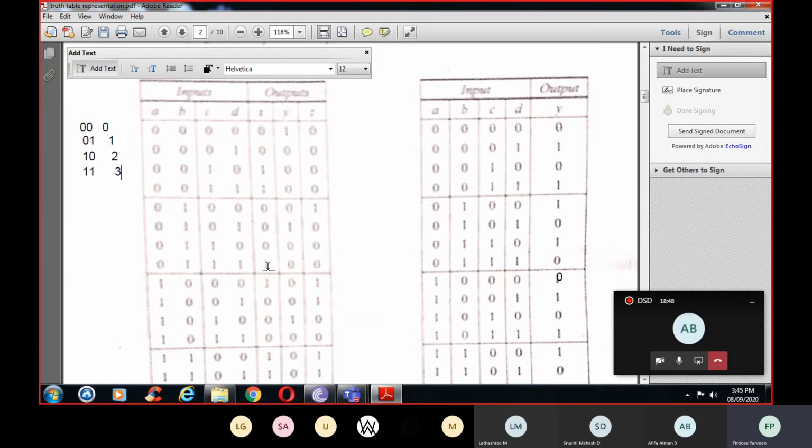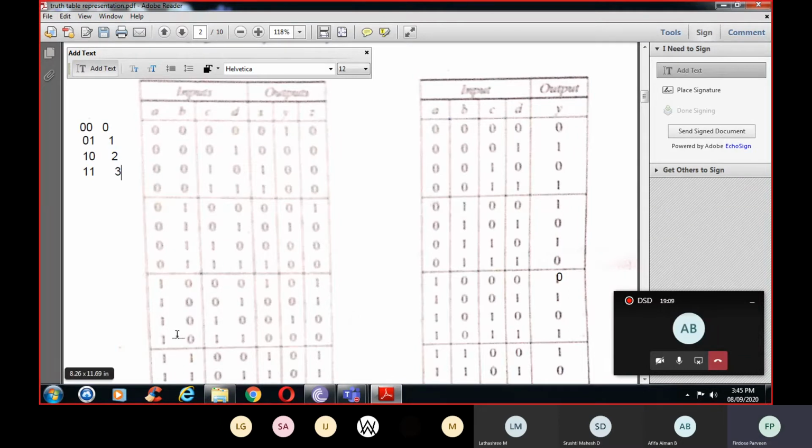So it is 1. This is 2. This is 0. Again it is differing by 2. So it is 1. This is 2 and this is 1. So it is not differing by 2. So it is 0. Here it is 2. Here it is 2. It is identical. So the second output will be 1.